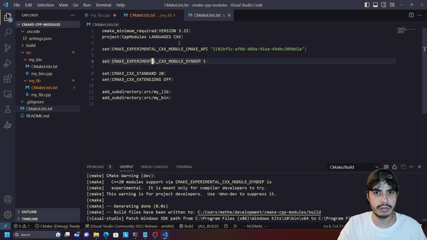The next thing you need to define is CMAKE_EXPERIMENTAL_CXX_MODULE_DYNAMIC_DEPENDENCIES set to 1 here. So basically this just tells CMake to instruct the compilers to actually look for those module files, as far as I understand, those intermediate files that it needs in order to find module dependencies, functions, and so on and so forth. And as far as I know, this is pretty much it that you need for MSVC and